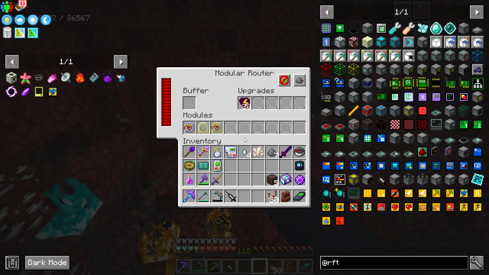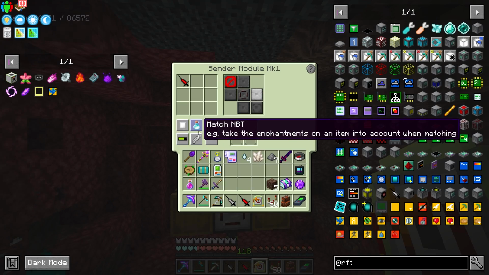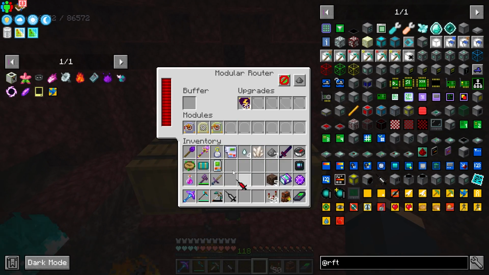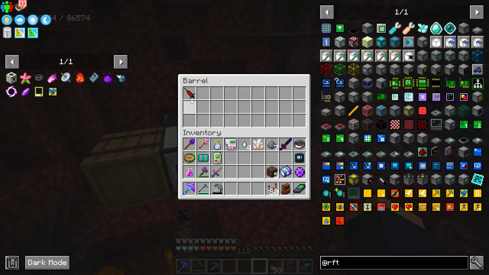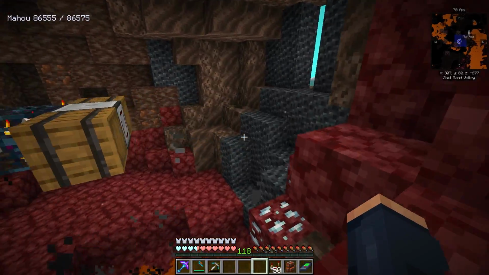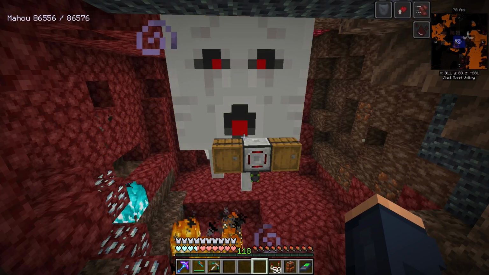But it does appear like this upgrade may need some changes to specifically filter these. I think possibly set to match NBT might be the way that we get this to work. So that has now gone over, but if we put a regular syringe in, it's not going to go over until it has matched that NBT. Perfect. Okay, so let's go ahead and turn this on. And we should see this technically working. Yeah, as odd as it is,